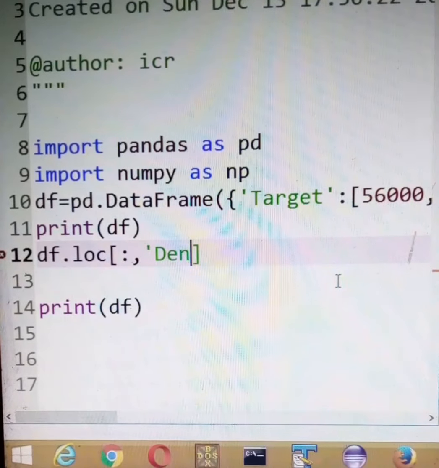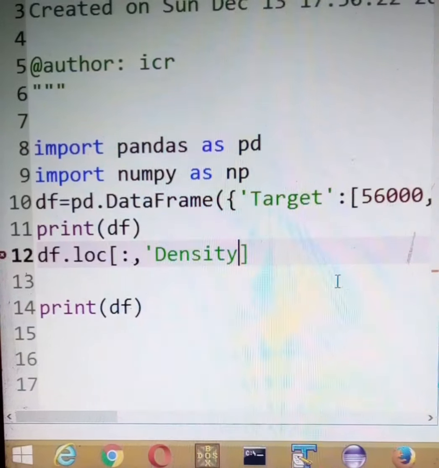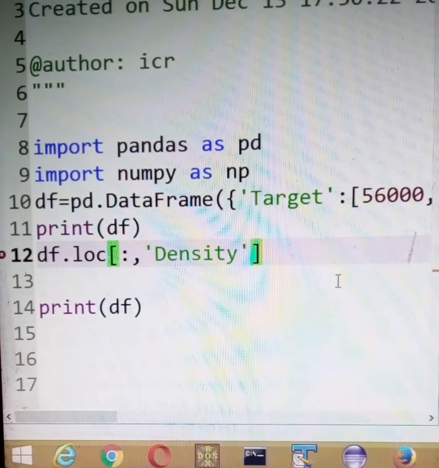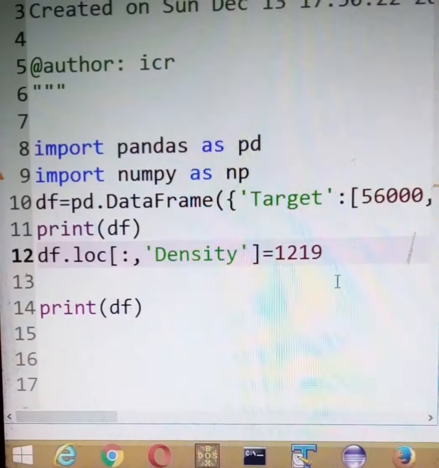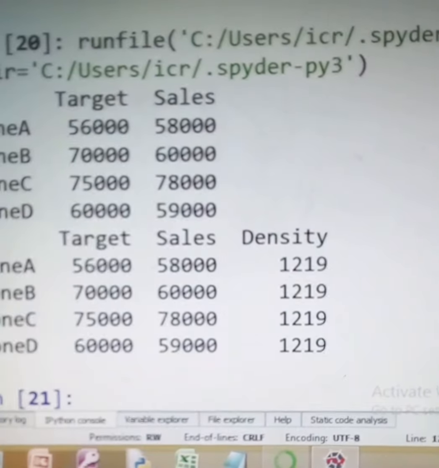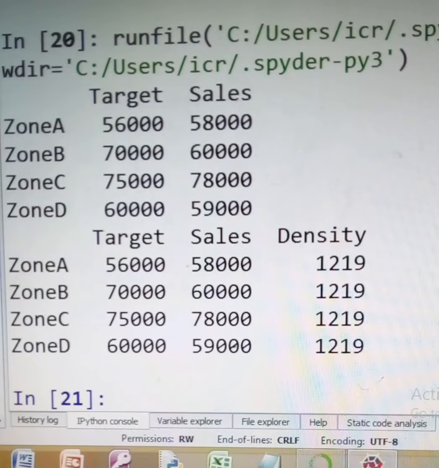So if I write here density as a new column, and then is equal to 1219, automatically this is going to give you again a new column. So either you can use your df square bracket and the column name, or df dot LOC. This is going to add a new column.